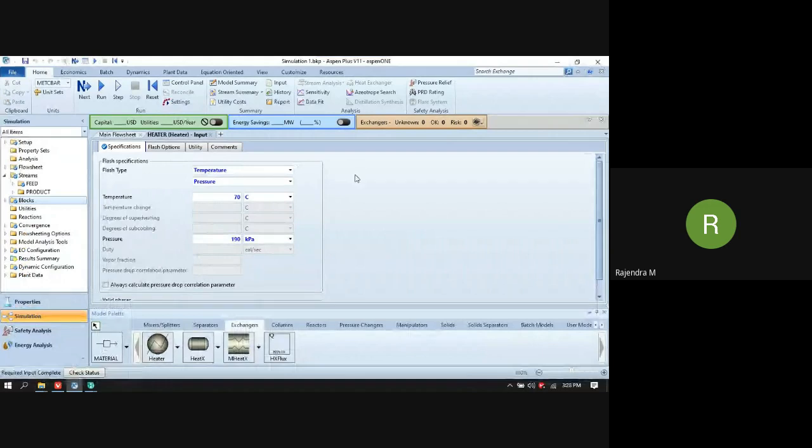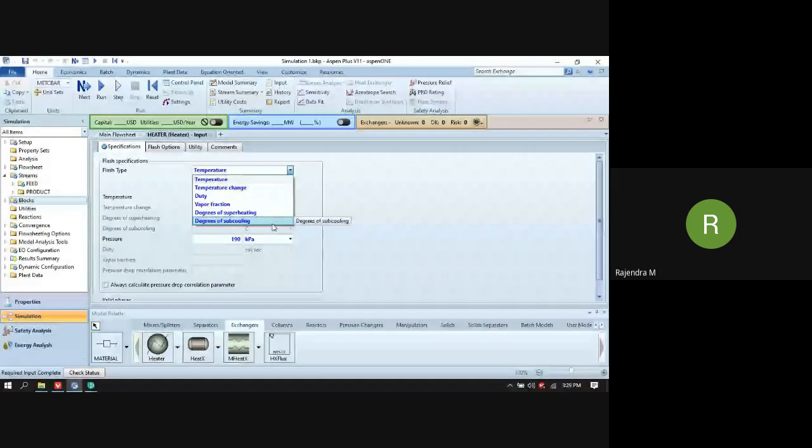Either you can provide the duty like in HYSYS, or you can provide the temperature change, or the vapor fraction, or the degree of superheating and degree of subcooling. So that also can be done. Okay.